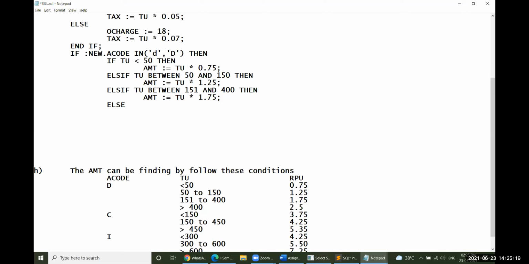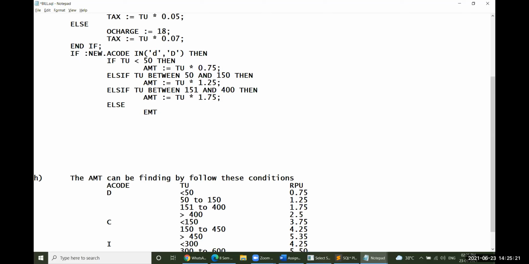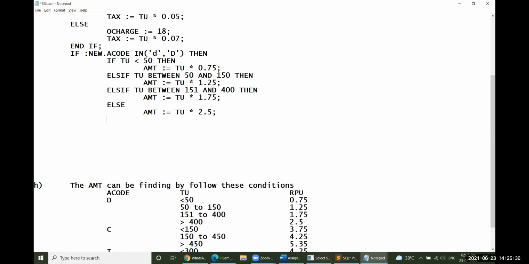Else, everything gets failed, AMT will be equal to total units into 2.5. So this is the complete information regarding the domestic. We have dealt with domestic here, and the IF is over.